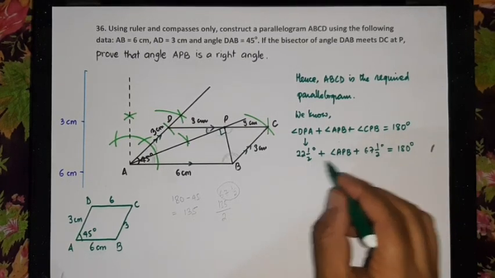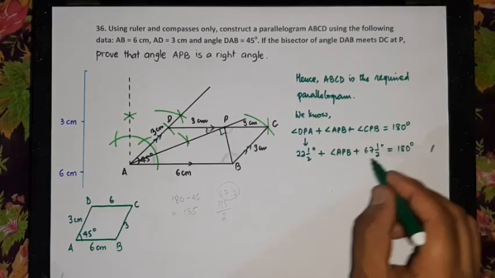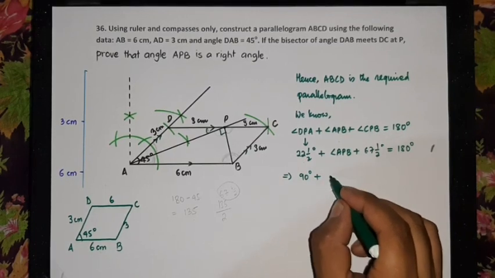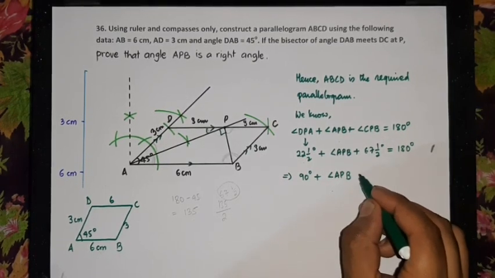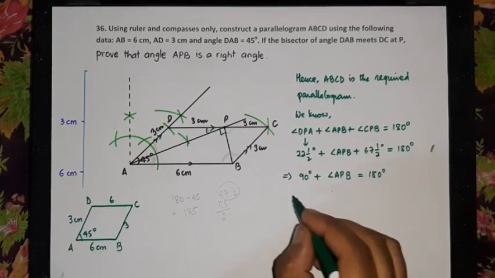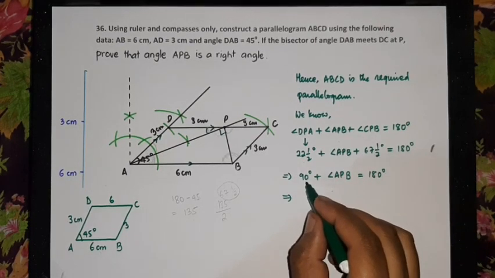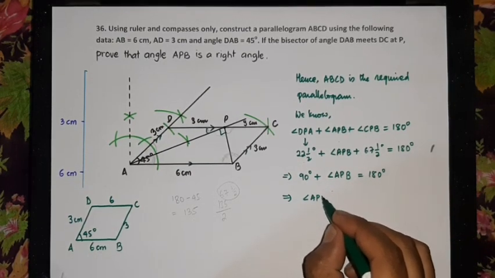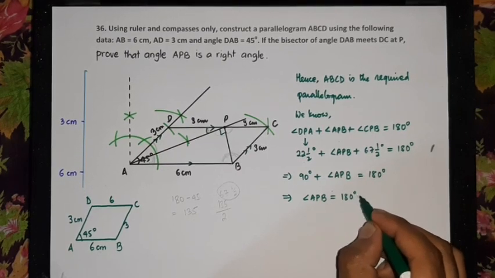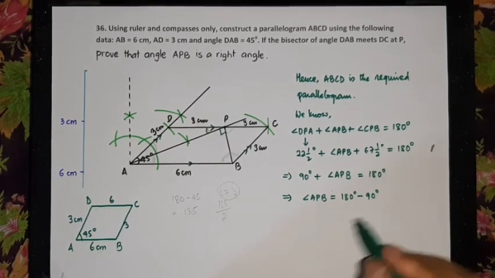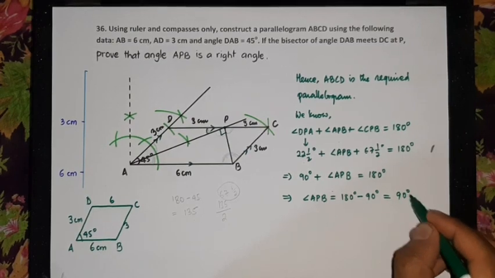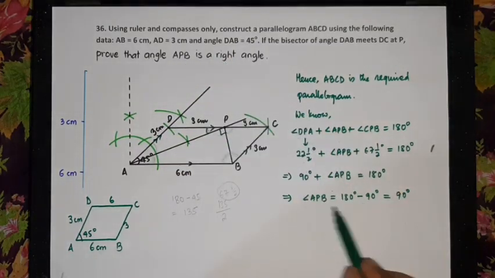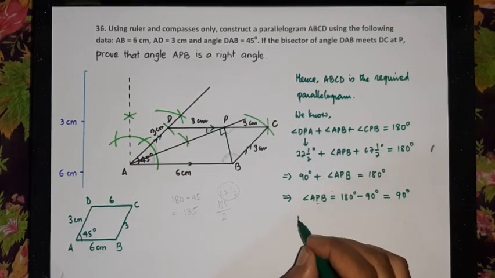Okay, so let us add 22 and a half and 67 and a half. So if you add these two, how much will you get? So you will get 90 degree plus angle APB, right, which is 180 degree. Okay, next one is, we'll shift this out there. Okay, so we have angle APB equals to 180 degree minus 90 degree, which is nothing but how much? Which is 90 degree. So we need to show here that APB is a right angle, so that is APB is 90 degree. Okay, so hence we have